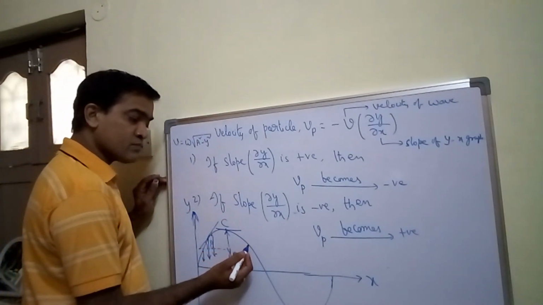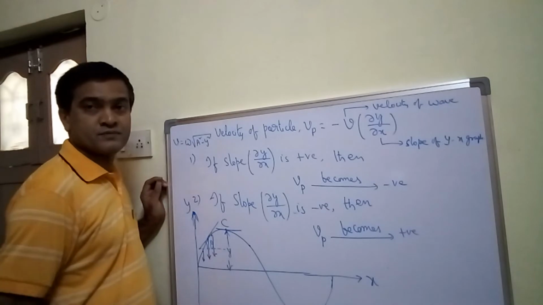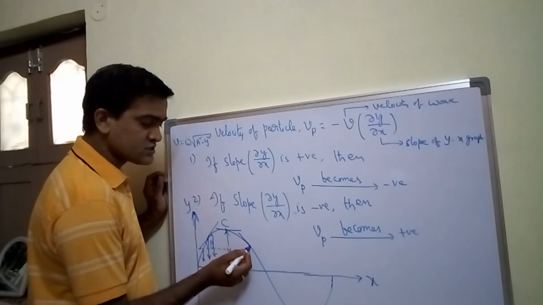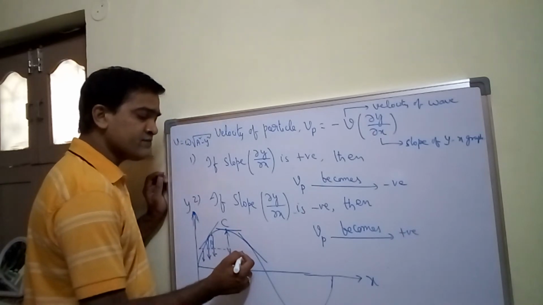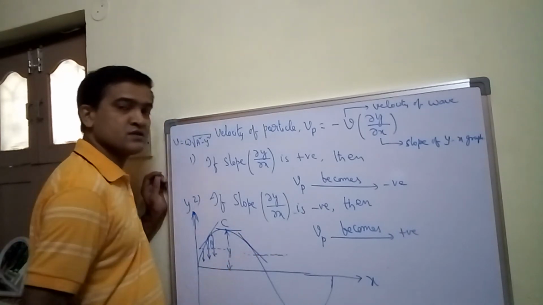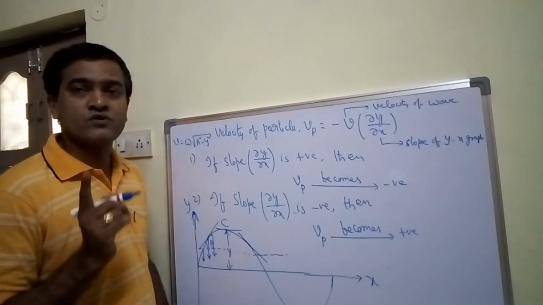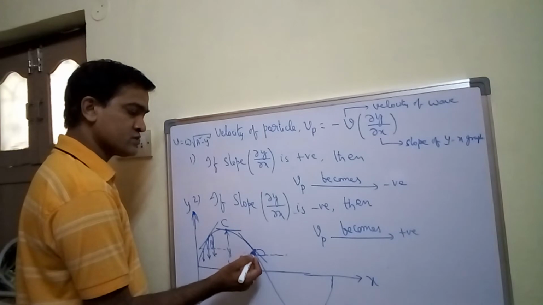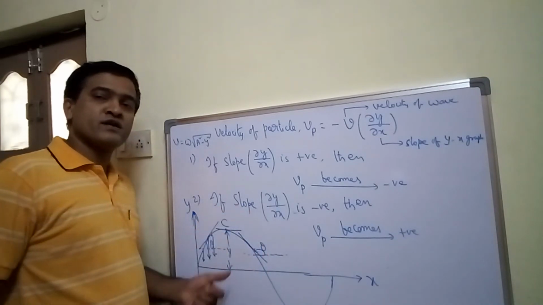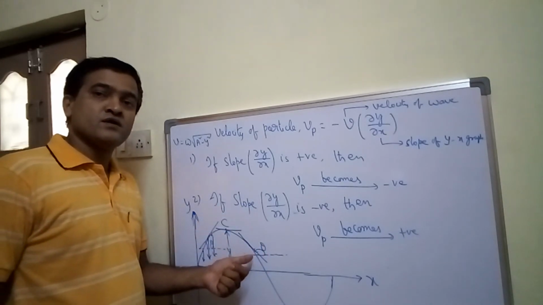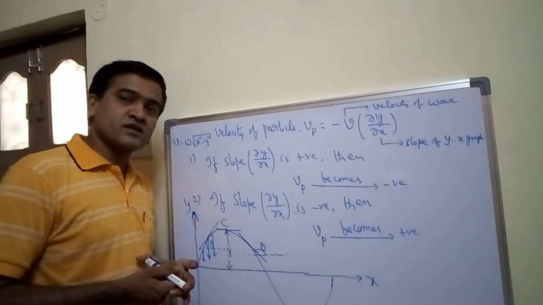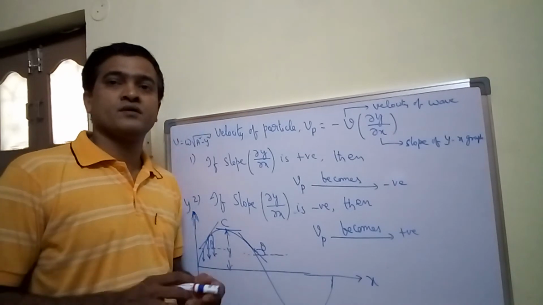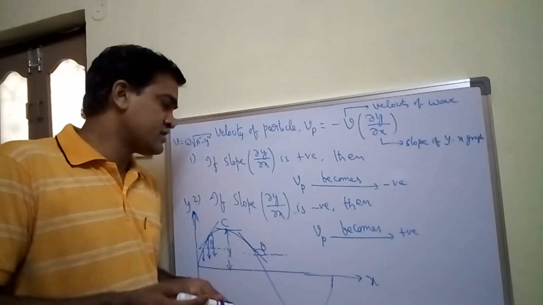Now if I consider a point somewhere here, a particle somewhere here, if I draw a tangent touching this point, and if I draw a horizontal line like this, how do you have to measure the angle? You have to always measure the angle in the anti-clockwise direction. So measure this angle. Now if you look at this angle, this is obtuse. So whenever theta is obtuse, I said slope is negative, because tan theta becomes negative, because slope is nothing but tan theta. Tan theta is negative.